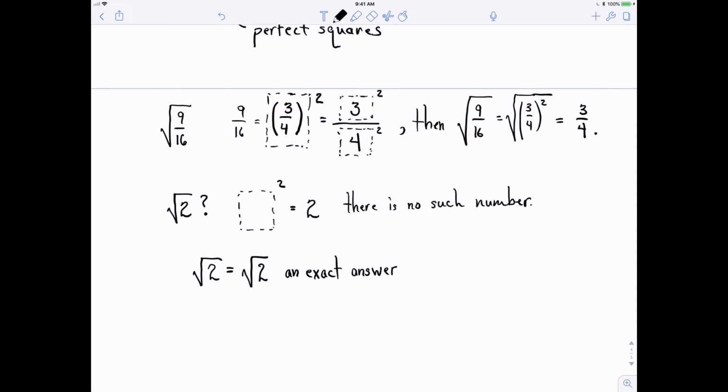I'm going to explain that again in a moment. Or you could say that the square root of 2 is, let me just check my calculator here briefly. If you use your calculator and find the square root of 2, what you'll find is, and I'm going to change my equal signs to a wiggly equal sign, meaning approximately, 1.414,